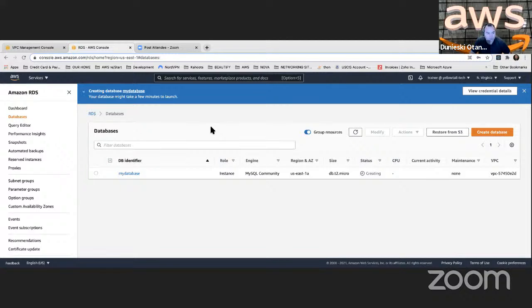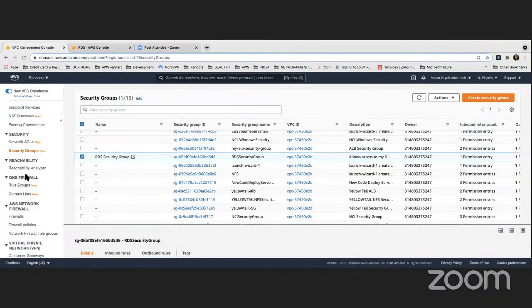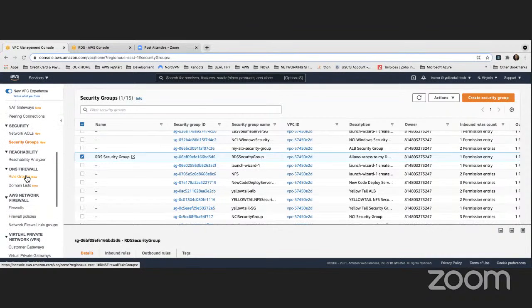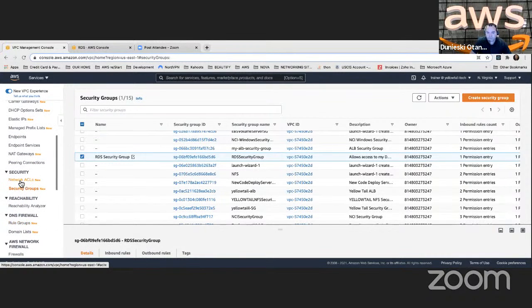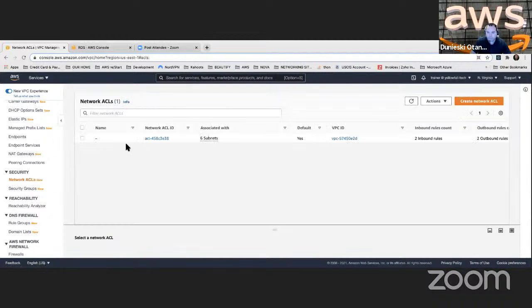So the security groups are the layer of protection at the instance level. They don't work at the subnet level. At the subnet level, you need a NACL or something like that. But for now, we're not working with NACLs. You have to look for the network ACL. This is what protects the network. There's one by default that is associated with six subnets. You can create your own NACLs if you want, but that's not